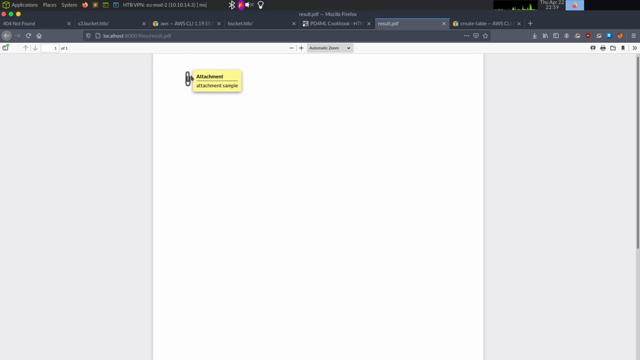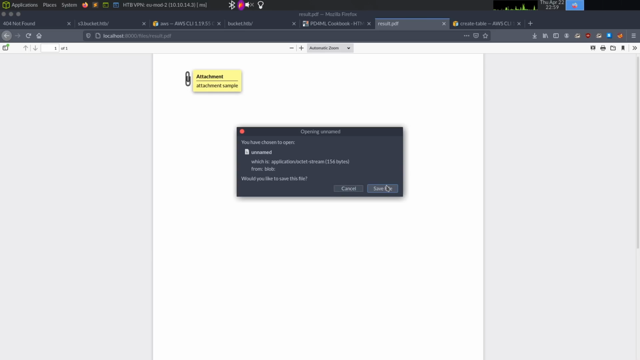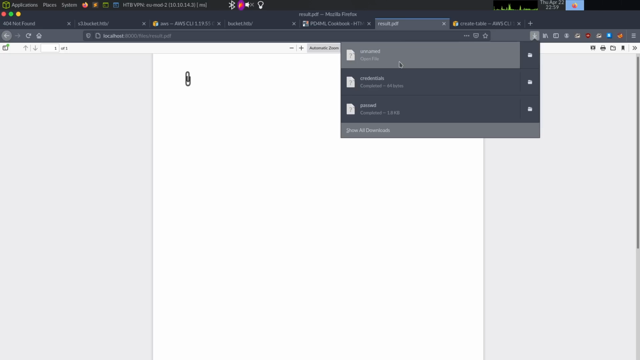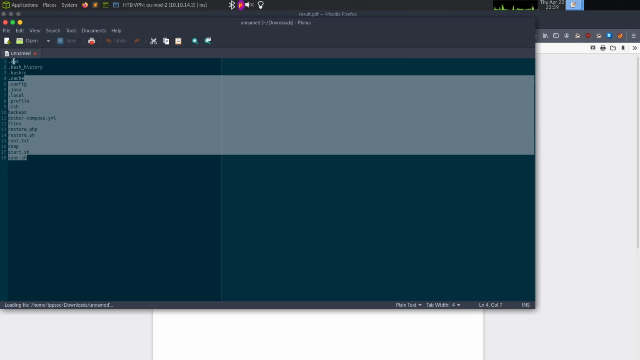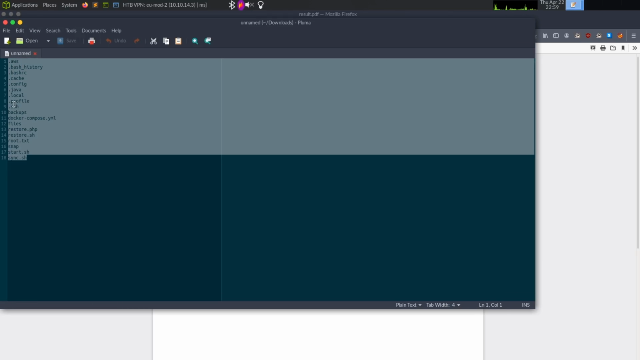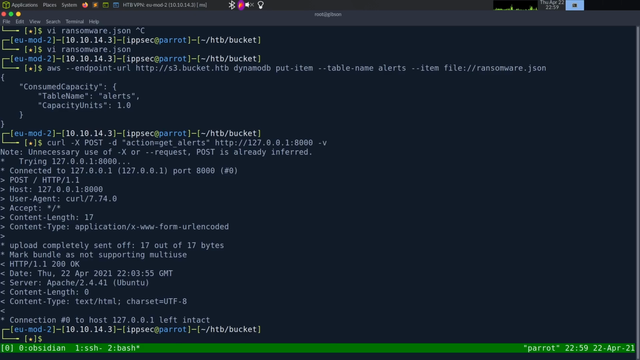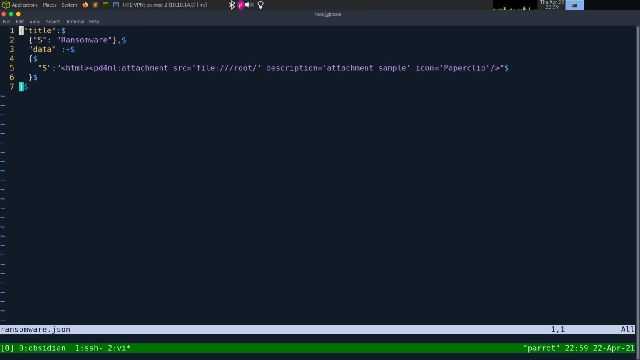and then download the new PDF. It's unnamed. Open, and we see directories. So we can go in this AWS directory, but I also see a .ssh. So I'm going to take a look at .ssh. So let's go ransomware, root, .ssh,